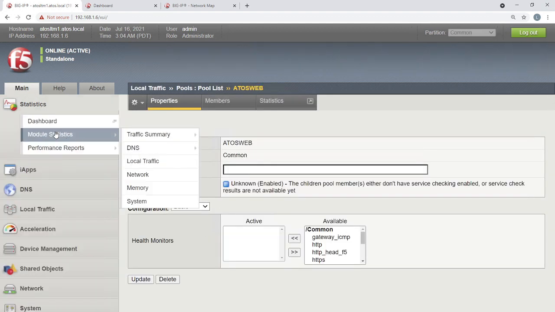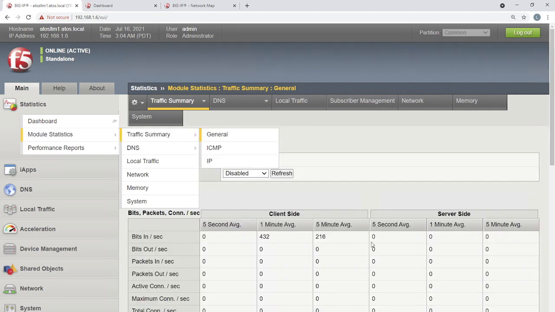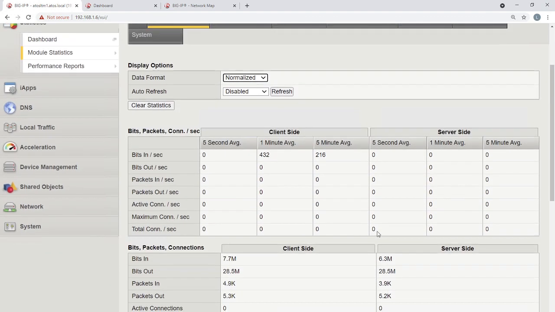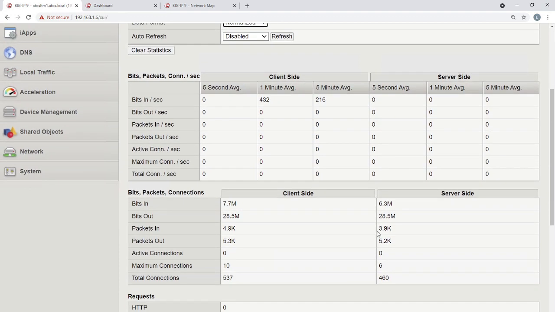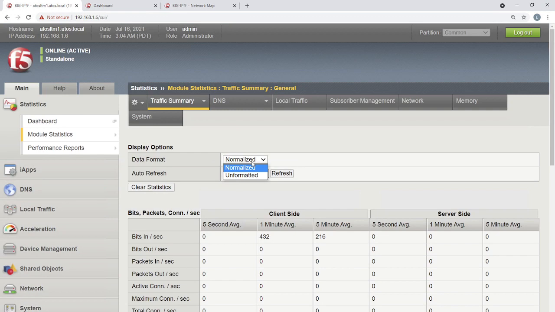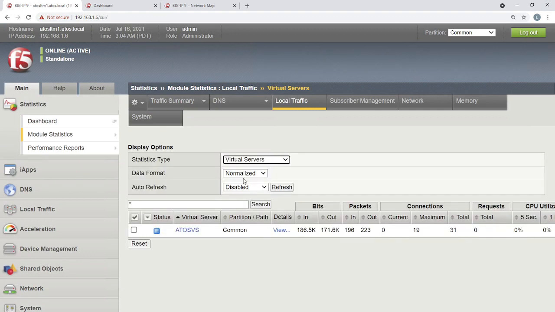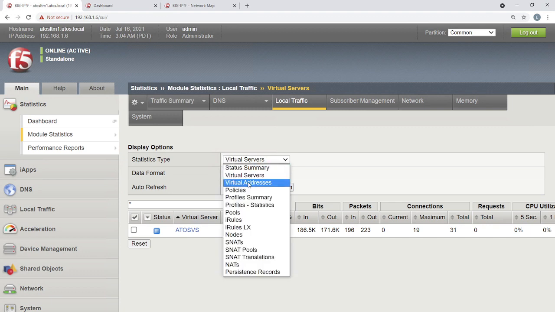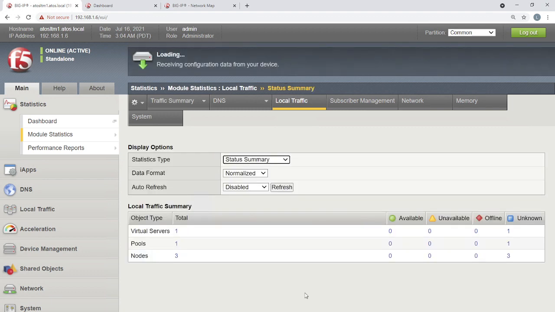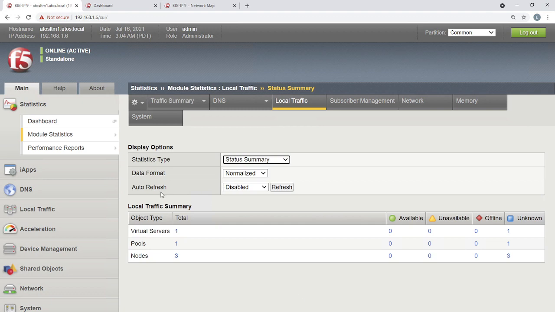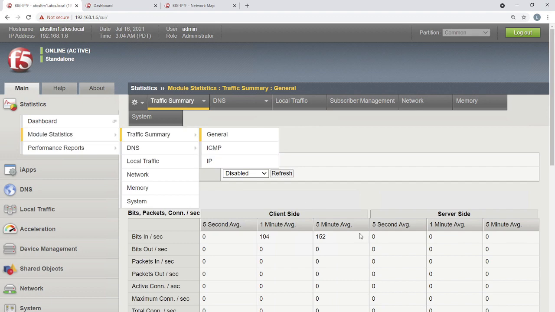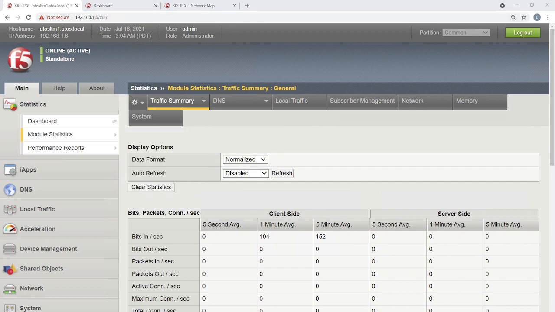Just going to the statistics, traffic summary, general. Okay, right. So I'm interested in only this particular part. Now I'm going to give you a demonstration over here.